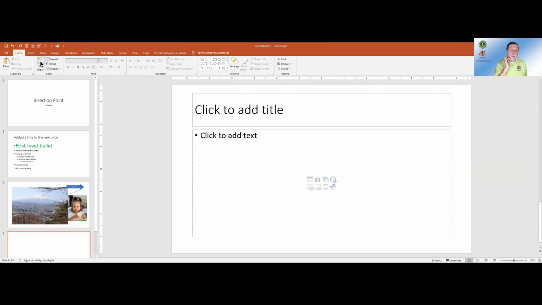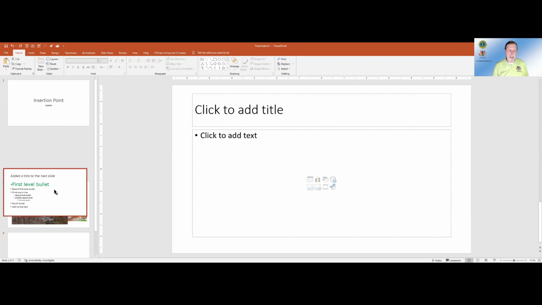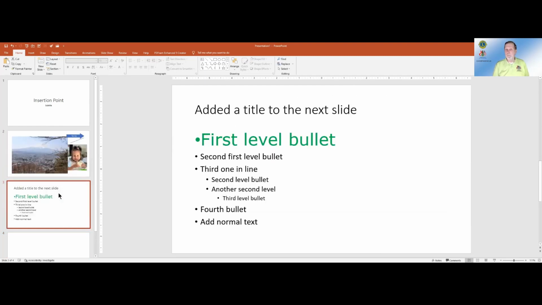Easy stuff. Literally over there on the left side, this area right here, if you want to rearrange your slide, it's a matter of click and drag. So I want what is now slide number 2 to be slide number 3, click and drag. Easy stuff. So you arrange them in the order that you like. Now, I will acknowledge, you get 10 slides, you get 30 slides in here. Oh yeah, it goes on seemingly forever. There may be a better way for you to arrange your slides.